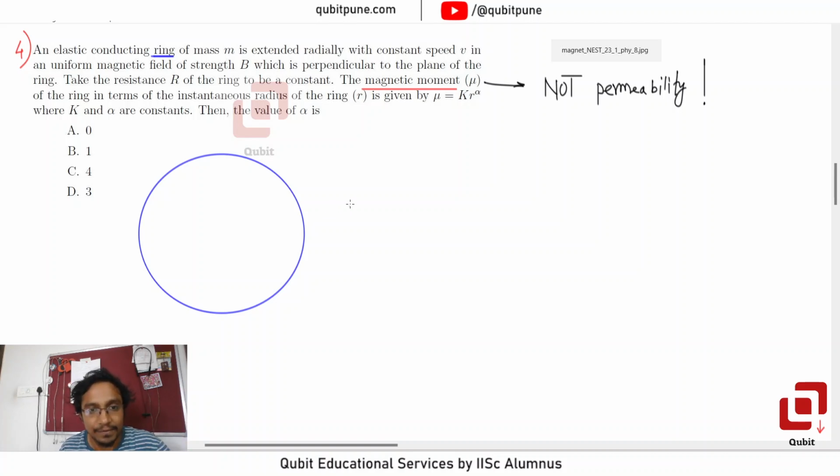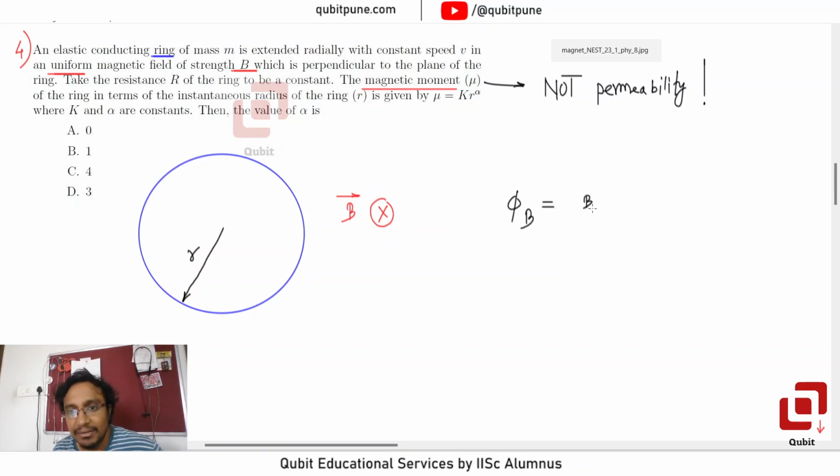ठीक है. So suppose this is the field. ओके, यूनिफॉर्म है, कोई भी डायरेक्शन ले सकते हैं, डजंट मैटर. So let's take cross. Okay, now look here. Suppose this is the radius r of the ring, conducting ring. What will be the flux associated with this? In magnitude can I say it is B pi r squared? Now what will be the EMF induced? Lenz's law. Negative d phi B by dt, which will be B into 2 pi r into v,